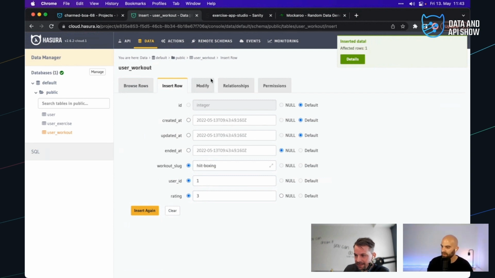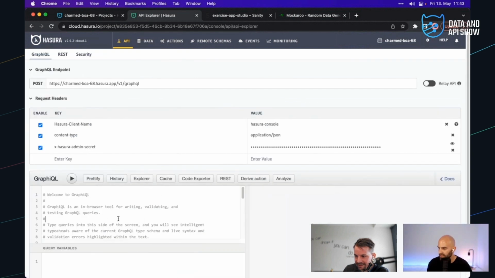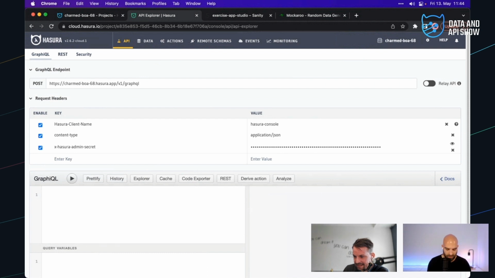And so now, if it's working, what I should be able to do is go from the API browser and check here. So we're going to see what happens if we go from workout. We're going to do all workout in this case, just so we get the different types. We're going to get the name of it, and then we're going to get the user workouts. And this is the moment of truth, where we're going to see if we actually got anything out of there. I've got a relationship on my user model there, so I'll just get the name of the user.